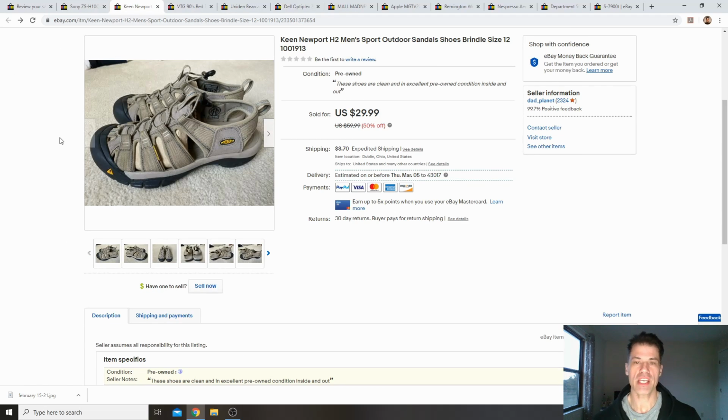Keen. Now Keen for me is selling a little bit slower. Well, I'm not finding it as much in the stores as I normally do, but I feel like because we're still technically in winter that they are selling a little bit slower, and I'm just not seeing them turn up. So this particular shoe here was a good size and a popular color. So size 12, and the model number was